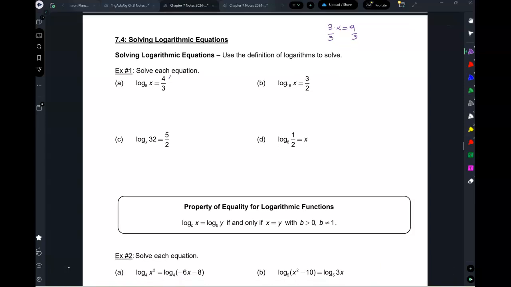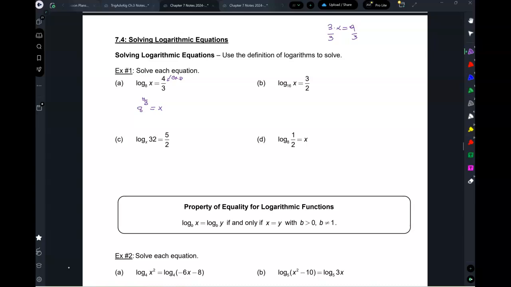So let's write it as an exponential form. This is the exponent because that's the answer to the logarithm. Every exponent needs a base. The base is 8. 8 to the power of 4 over 3 is equal to x. Oh my God, look at that. We already solved it. But now,